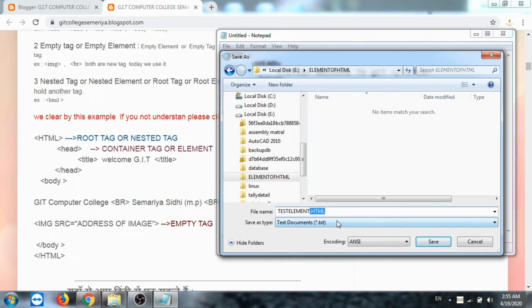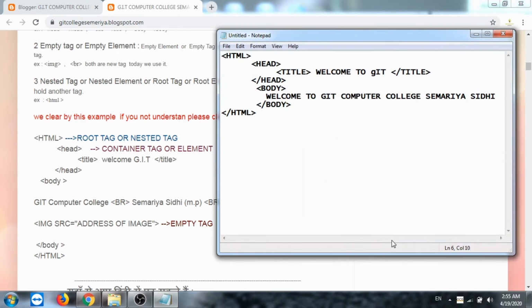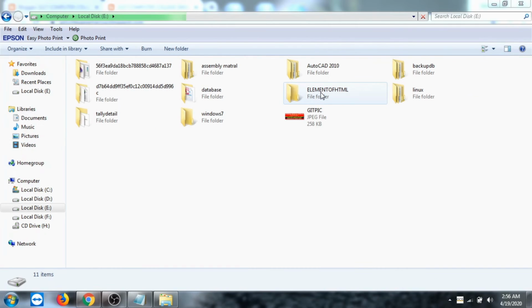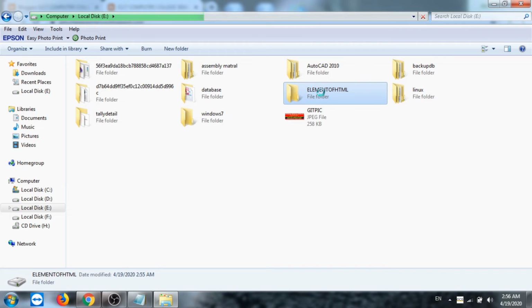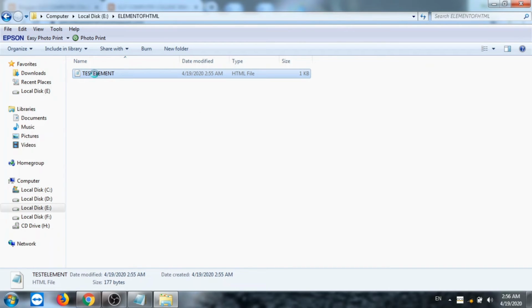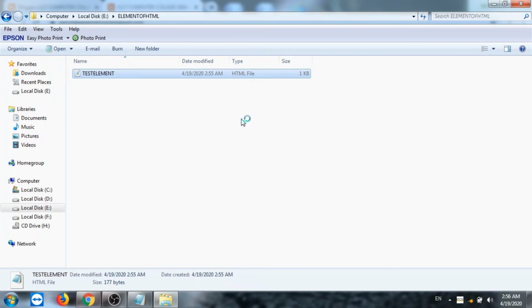So you remember it. Then after this I am saving this. Okay, we need to run it. E drive, open this folder elements of HTML, right click on the file, open with Chrome.